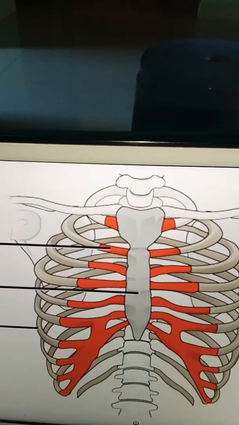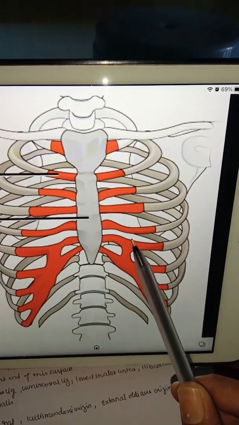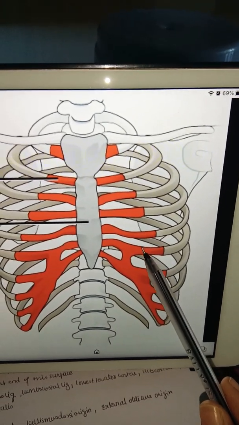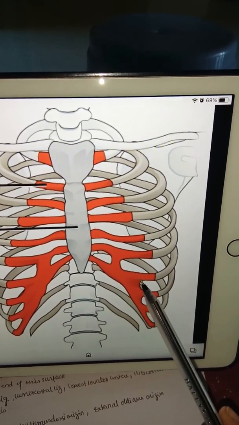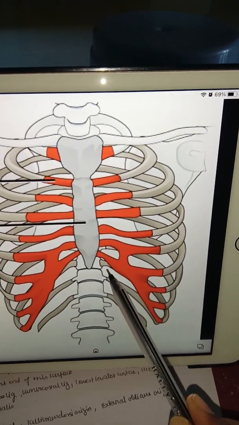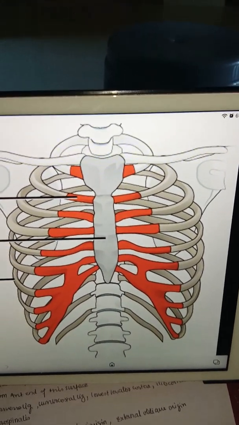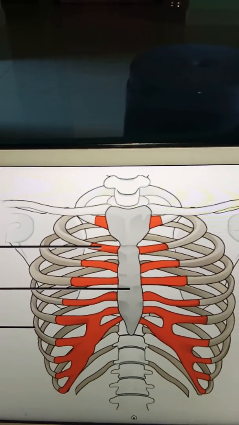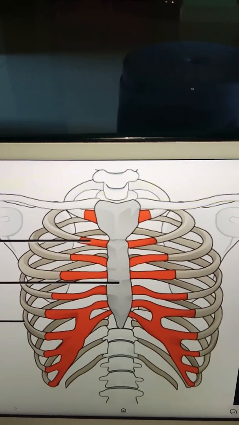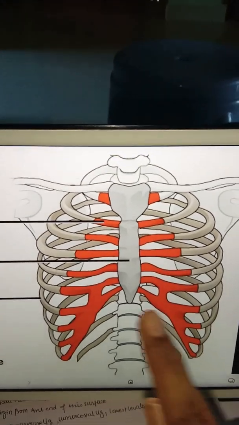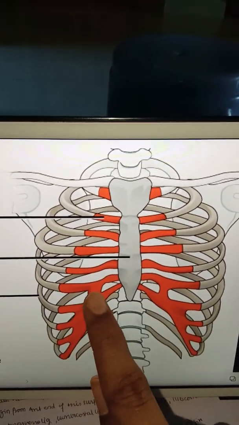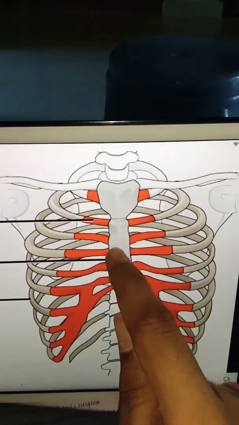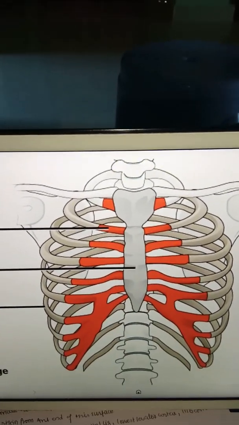And we have the 8, 9 and 10 ribs costal cartilages. So you can count it 1, 2, 3, 4, 5, 6 and 7. So from here 8, 9 and 10 they are forming the costal margin. You can say this is called the costal margin. So 8, 9 and 10 ribs form the costal margin, and costal cartilages 1 and 3 ascend. They are arranged in an ascending pattern.